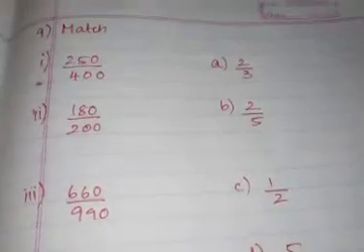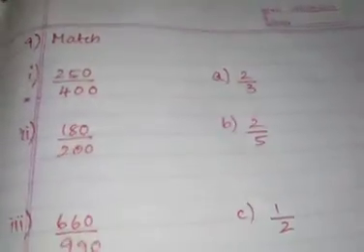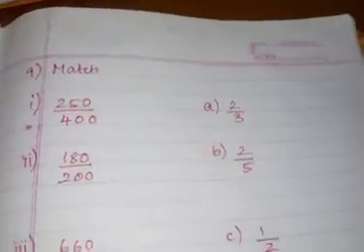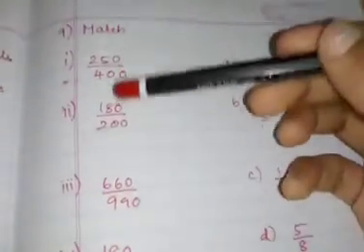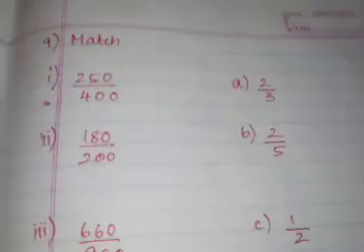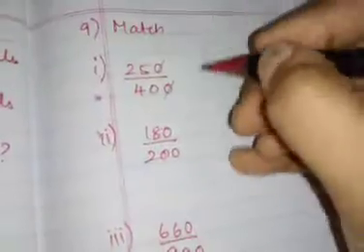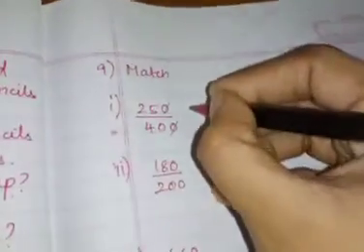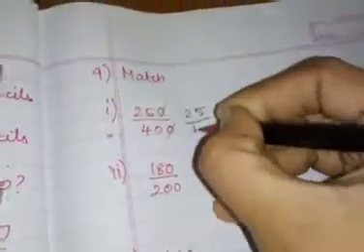Okay, we are going to write the 2 more answers for those values. First you can match the equivalent fractions. Okay, so this is all already in simplest form, but these values are very high. So obviously we have to reduce that into the simplest form. Okay, so listen, I am going to cancel this. 0, 0 cancel. So what will you get remaining? 25 by 40 will be there.